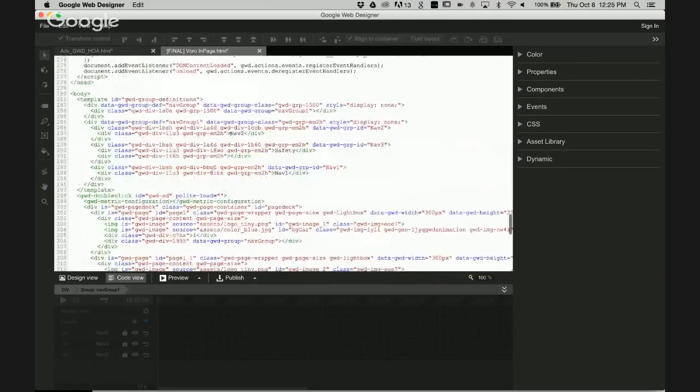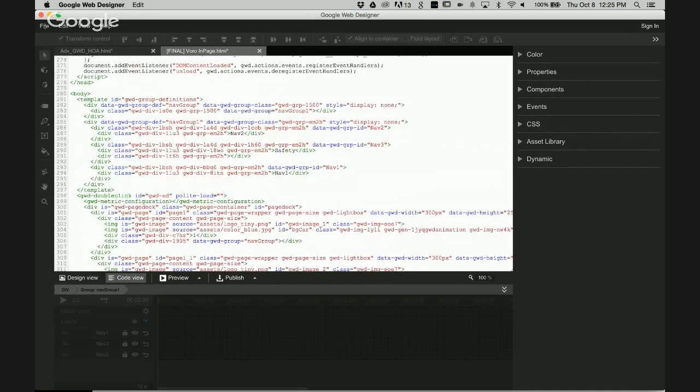When you assemble your elements in Design View and then select multiple elements and create a group, it takes that markup that was on the page and moves it into a template tag, which is not registered in the DOM. It's only registered when you create an instance of it. So if we look at the code view and see how Jake has done that, as soon as he created the group,